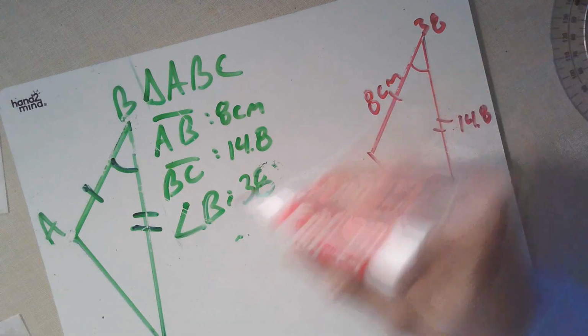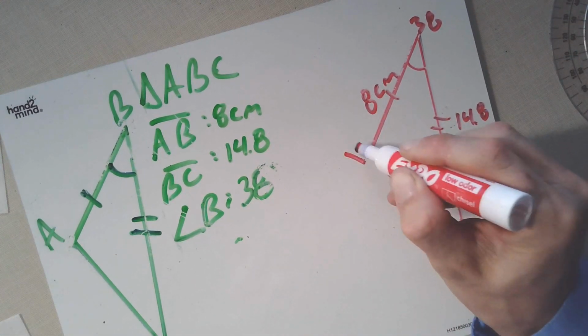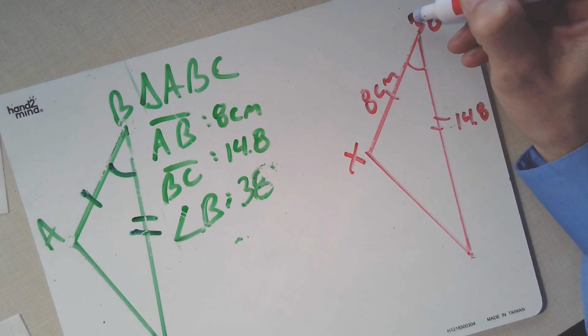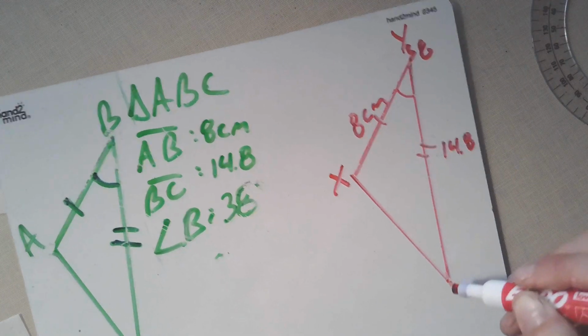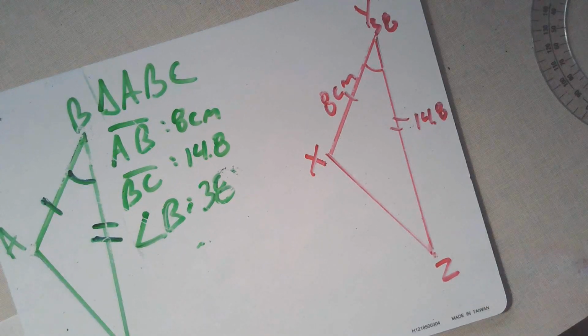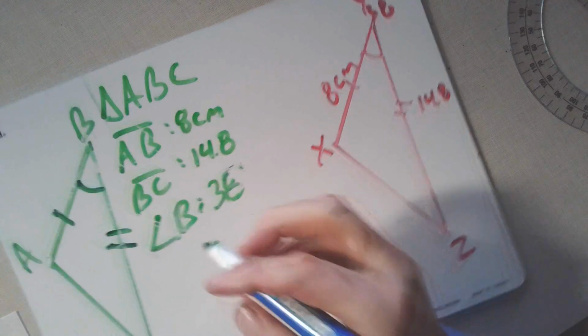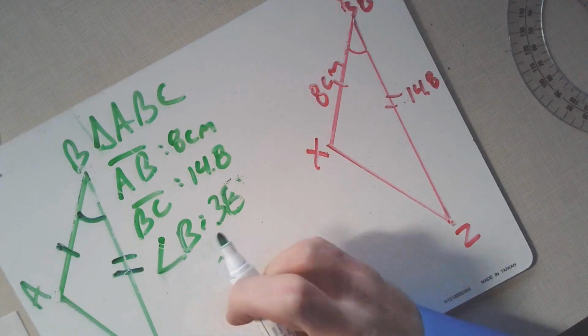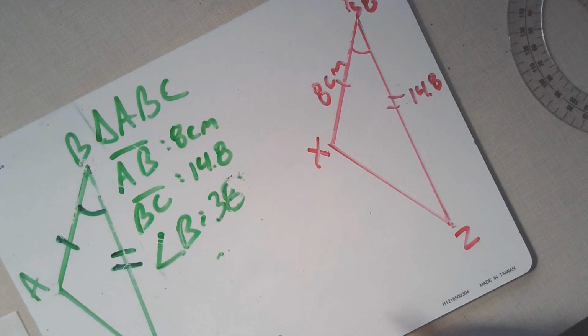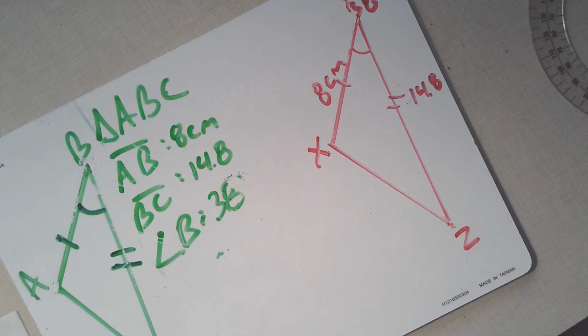This was associated with A, we're going to call that X. This was associated with B, we'll call this Y. And we'll associate C with Z. So in order to use the side angle side congruence postulate,